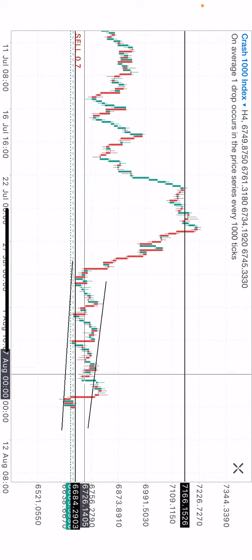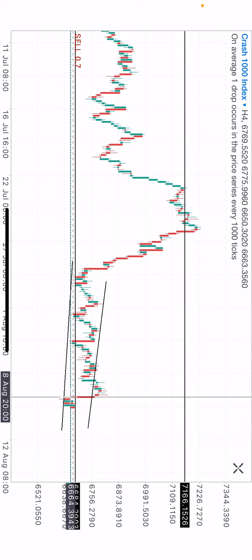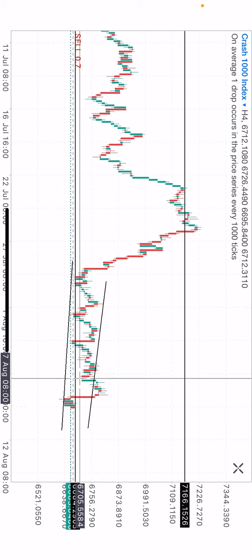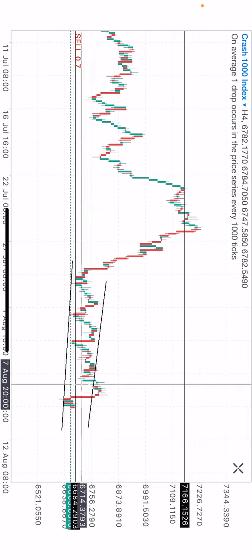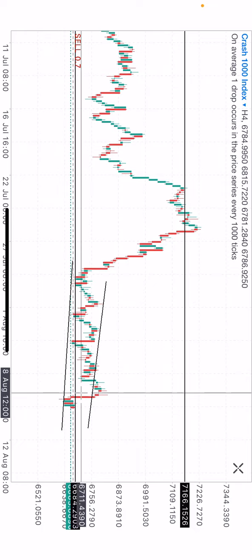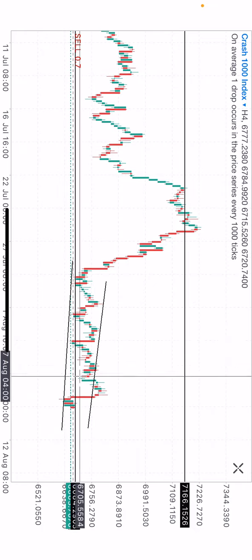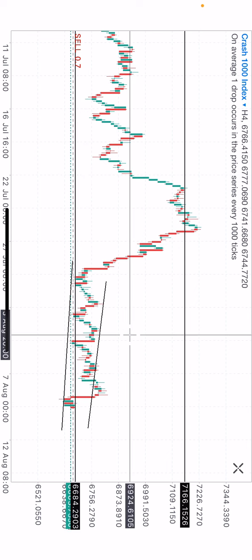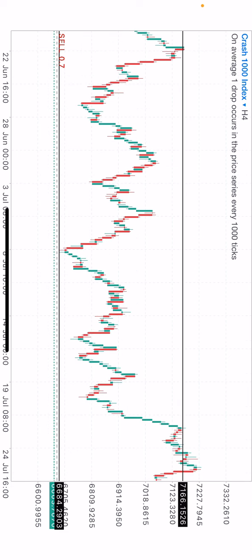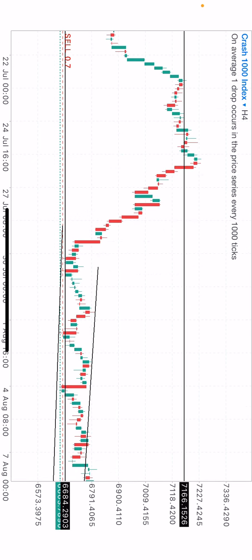This is something like a flag on the support area, and this is a strong sign that the market is going to make a very long move, either to the upside or to the downside. This is on the support area, so we are still observing. But for you to be able to catch spikes